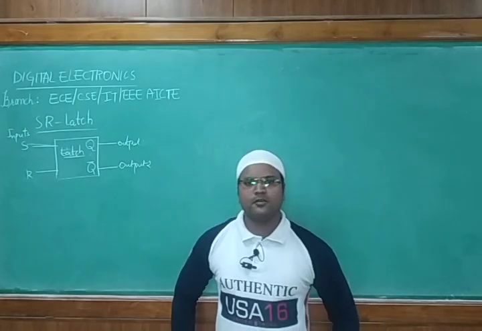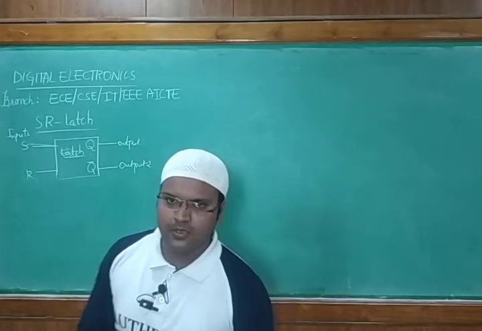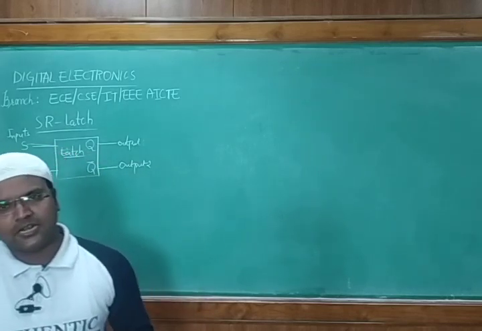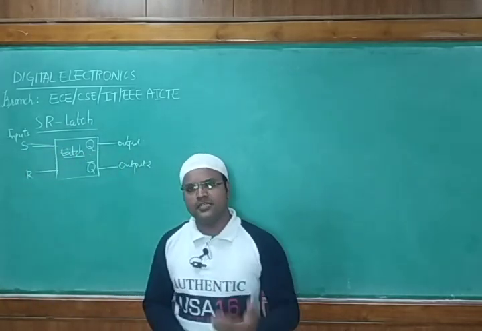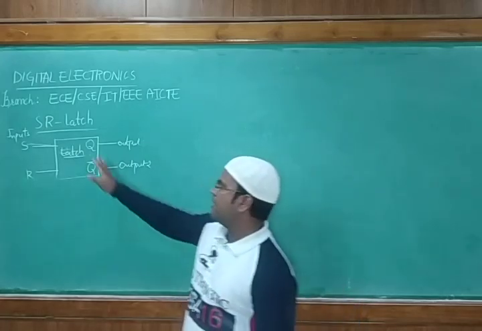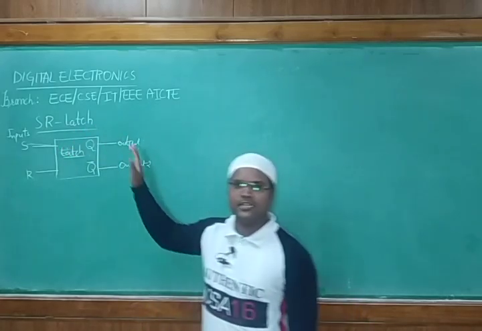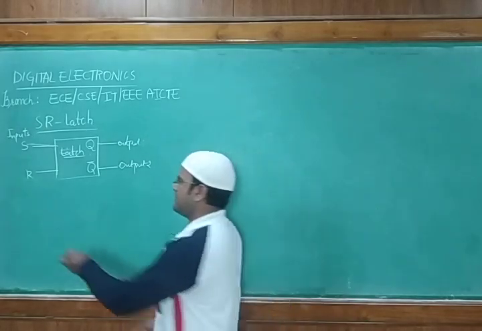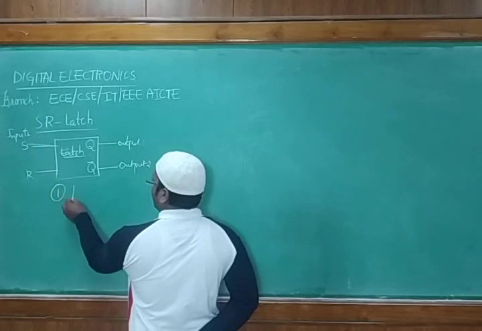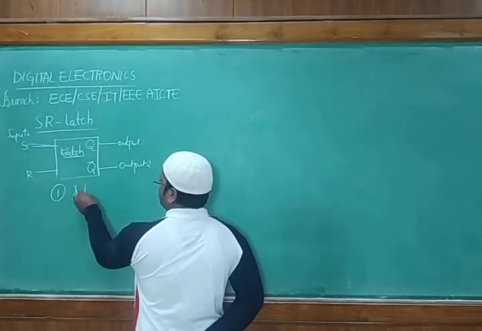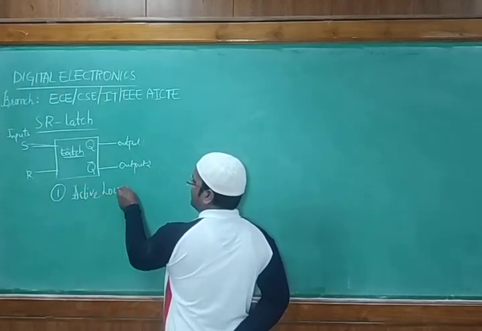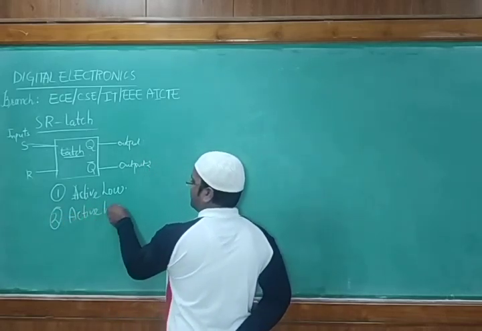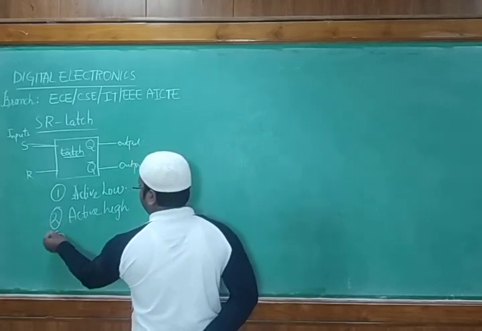In the previous class we talked about latches and flip-flops, and we discussed three phenomena. One is how do we design the sequential logic circuit. By taking the sequential logic circuit, how do we design the SR latch. To design the SR latch we have seen three types of combinations. First, by using the active low approach. Second, by taking the active high approach, and third, we have seen the clock pulse.